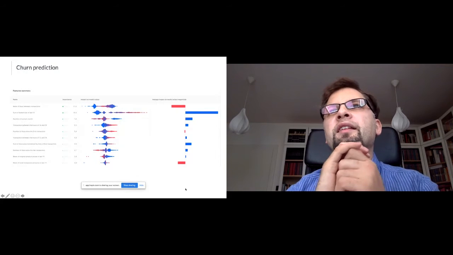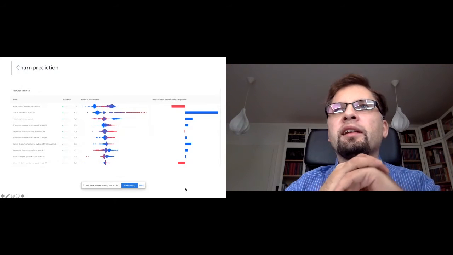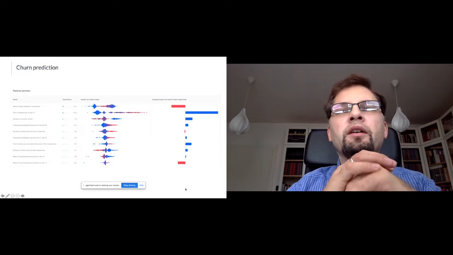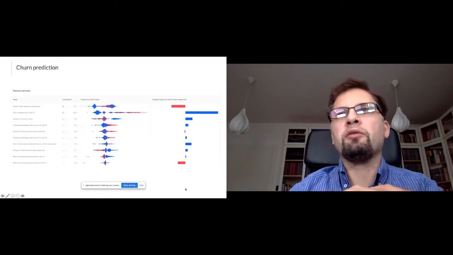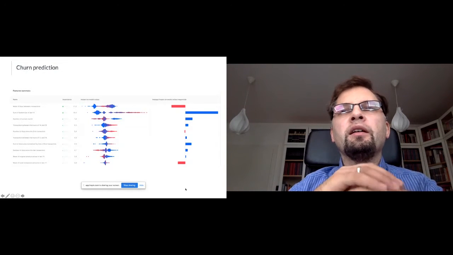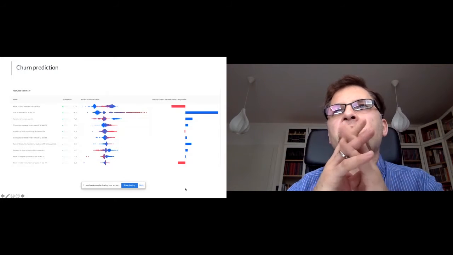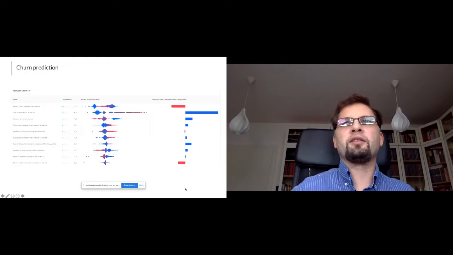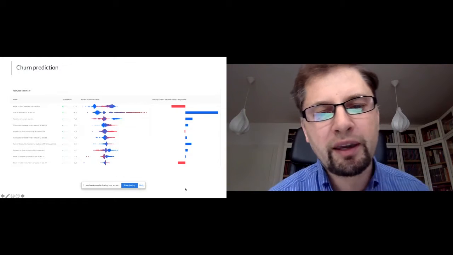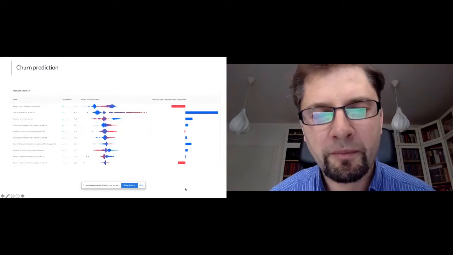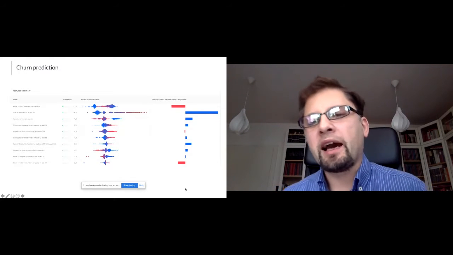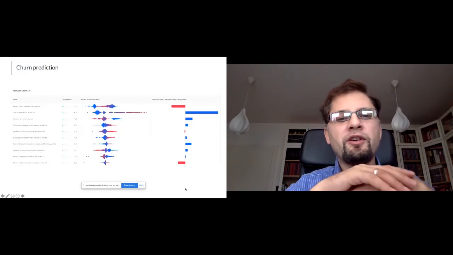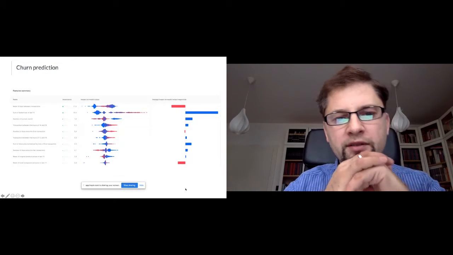So why was this customer classified as one which is going to churn? Why should this item be removed from the store? This information is very important, and in fact, what we are doing is reverse engineering of machine learning algorithms. So we are doing additional machine learning to uncover which features are important. Okay.